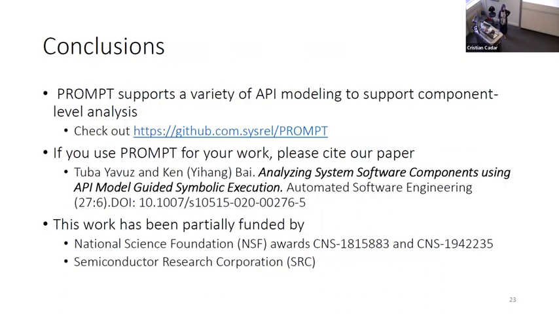So we think that PROSE is a useful tool to analyze system code. Of course, there's the manual effort that you need to go through, but hopefully you can invest in this type of effort and reuse. That's the nice thing. And we would definitely thank our sponsors. And for future work, what we're trying to do is automatically generate those API models. And thanks so much for your